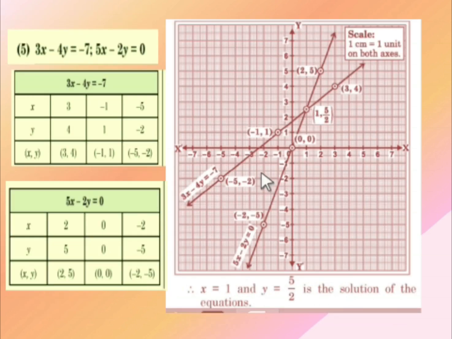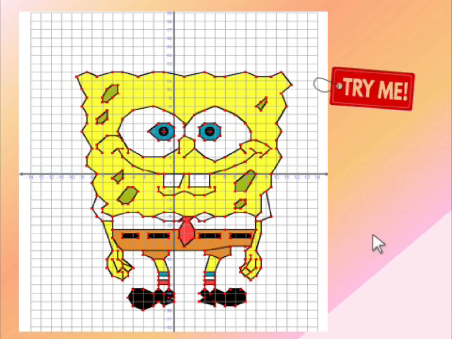Same way, one more question. You have two equations. The table is made for you. You are supposed to draw this. Solve it. Further explanation is not needed, but in order to give you answers, I am giving you the pictures to see. Try it. We have done a similar kind of exercise. You will enjoy doing this. When your free periods are there, you can just do this. Write the coordinates and go on doing it.